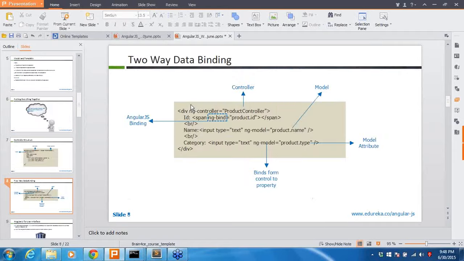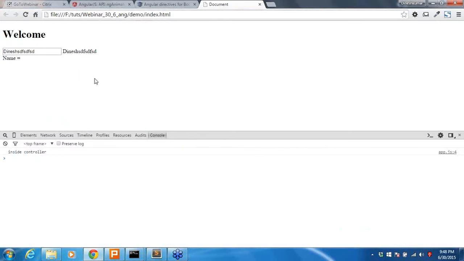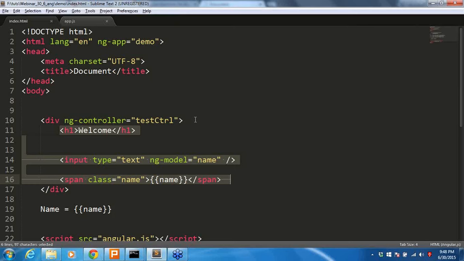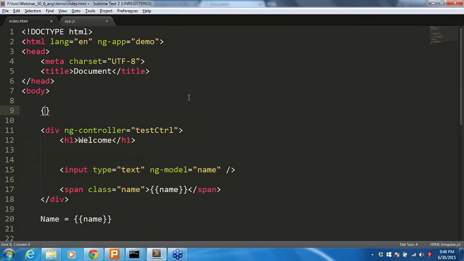For example, let's do this. Let's go back to our screen. What I'm going to do right here is use some other variable. Okay, hello. So what does it do? This expression will take the data, compile the data, and give the result. But this variable has not been declared yet.